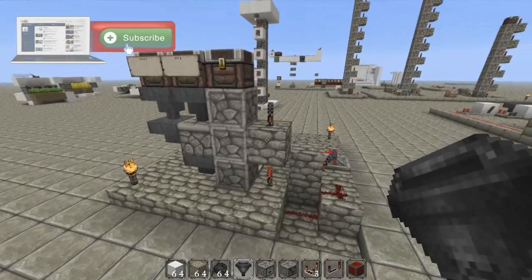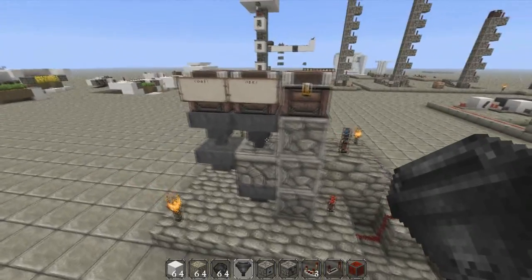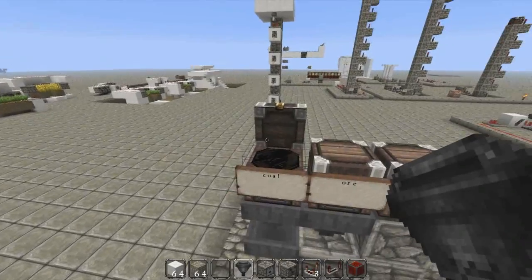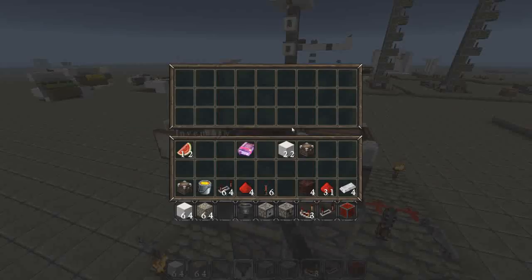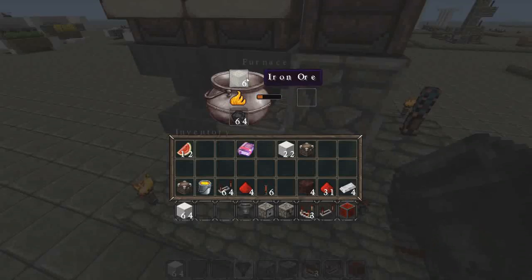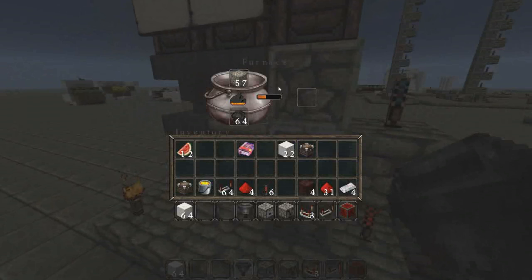And I wanted to just throw together a more complex contraption. Here we have coal, ore, and another chest, and what this is going to do is make sure that we have a furnace full of coal. We're going to throw some iron in here. This is draining down here, and it's starting to cook. And whenever an iron finishes cooking,